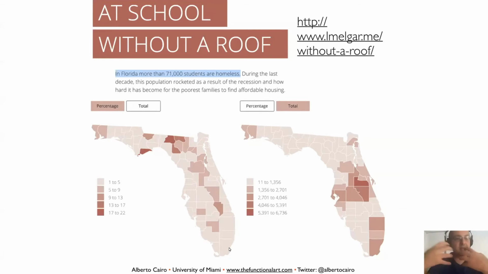So either of those definitions, person living on the street or person not having a permanent home, both of them are acceptable. But in order to understand what the graphic is showing, we need to tell people what it is that they are seeing. And we need to understand it ourselves. How many times have I seen, and again, I am to blame being a journalist, how many times have I made a graphic in which I cannot really understand exactly what the data means, what the definitions of the data are?